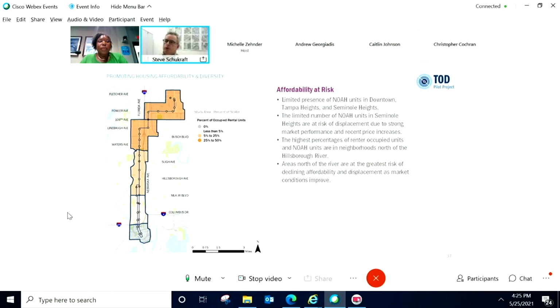And these are the places, if we're going to think about protecting the naturally occurring affordable units, we really need to focus on the future of these neighborhoods. To think about investments and strategies and planning tools that help support existing homeowners, that support existing folks in the existing neighborhood to stay in the neighborhood and live in an improved place.